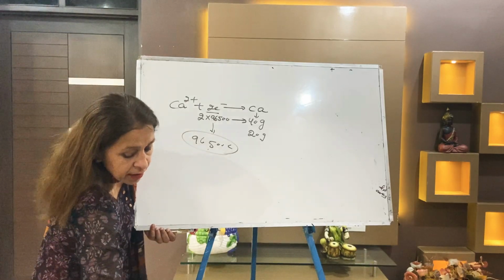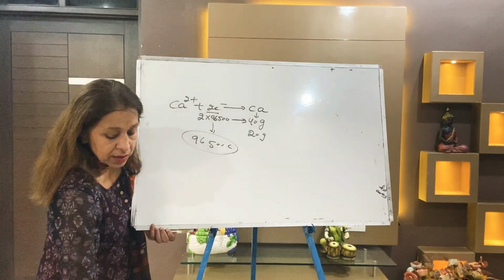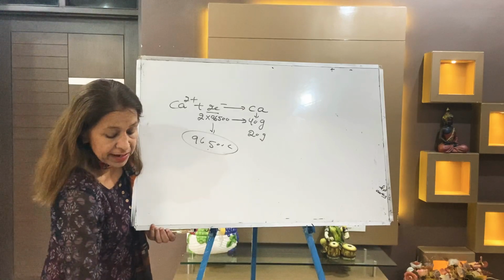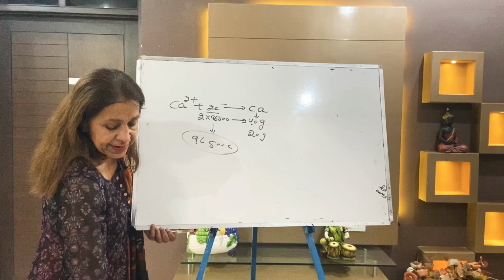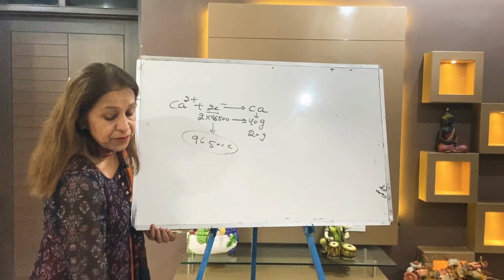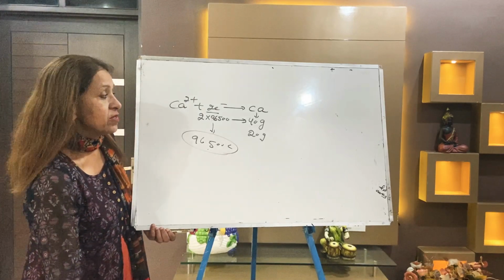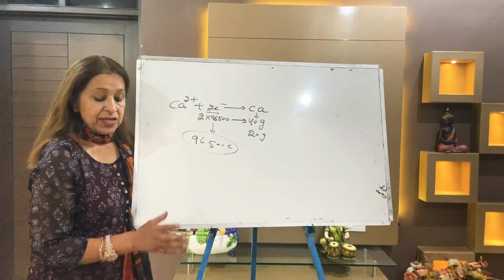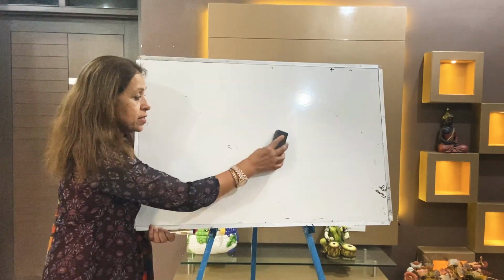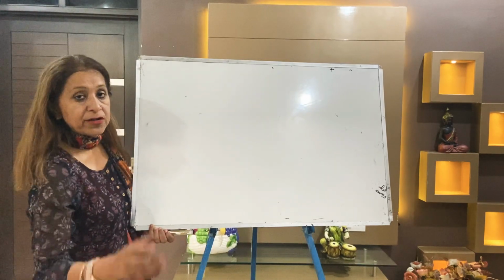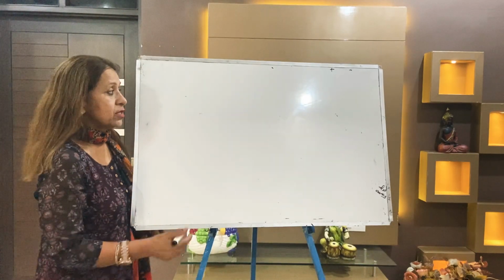Now you open your exercise; the numericals are over. There is also one of the in-text numericals you can do yourself. That is numerical number 10, the 10th in-text. Also attempt it along with this type of numerical. So with that you have completed the chapter electrochemistry. Now listen to me carefully about what we have done. Write down the conclusion of this chapter.